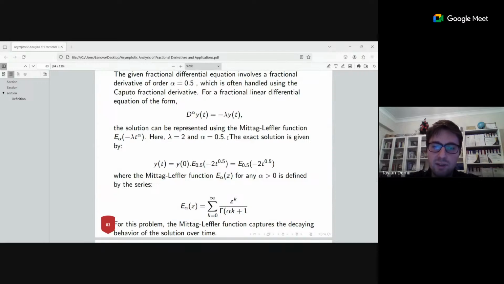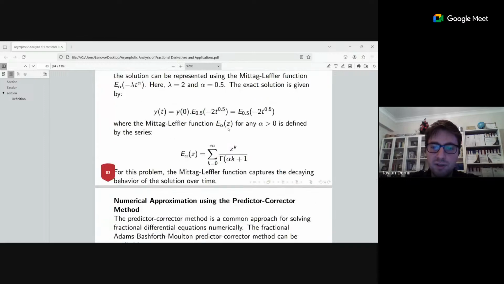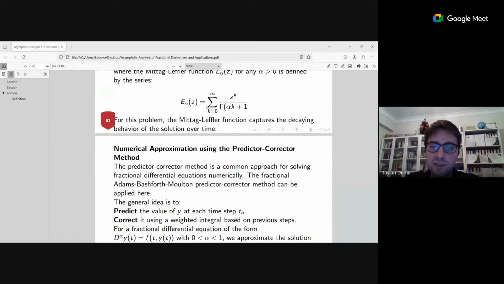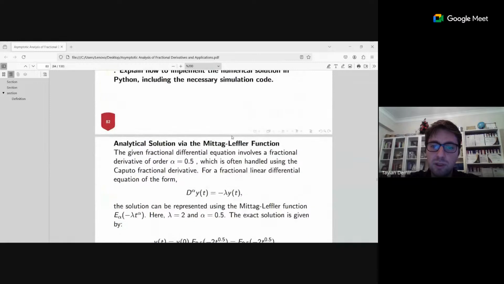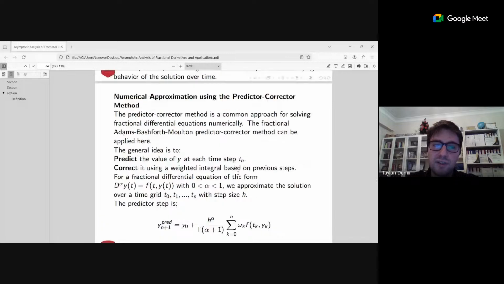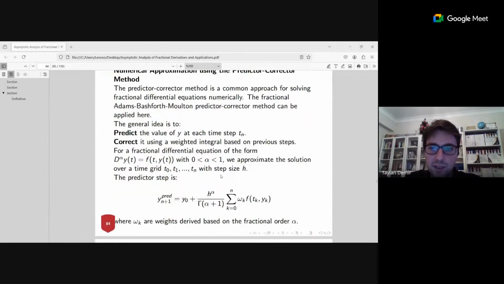We use alpha equal to 0.5 and we use 2 instead of lambda, the constant of this equation. We use the step-by-step method according to this rule. And we gave the Mittag-Leffler function for this equation, and we use the predictor-corrector method to obtain an approach for solving fractional differential equations numerically. And the fractional Adams-Bashforth-Moulton predictor-corrector method can be used to simulate and show